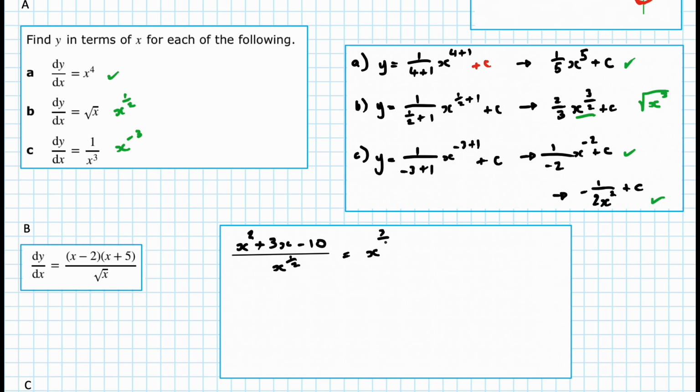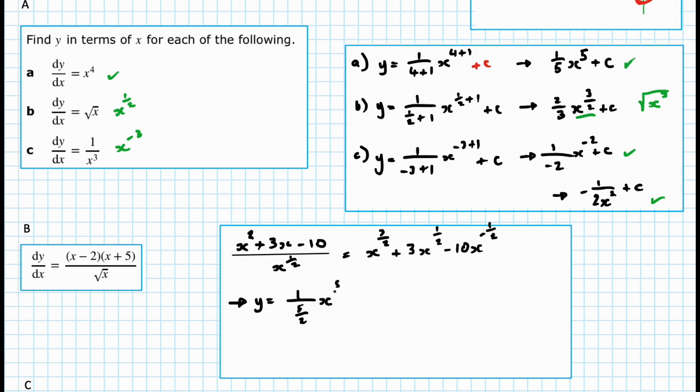So dy over dx, we're trying to find y again, of course. This part here, just make sure, just simplify everything and separate out the terms. Okay, so separating out the terms just makes it way easier when you have to divide by a denominator, as you see. So we had x to the power of 2 minus a half, which is 3 over 2,